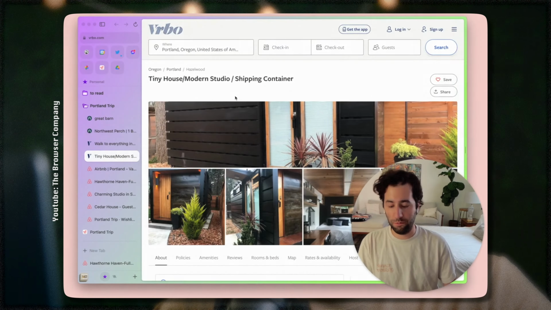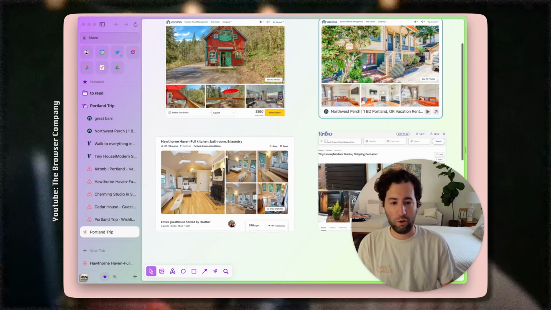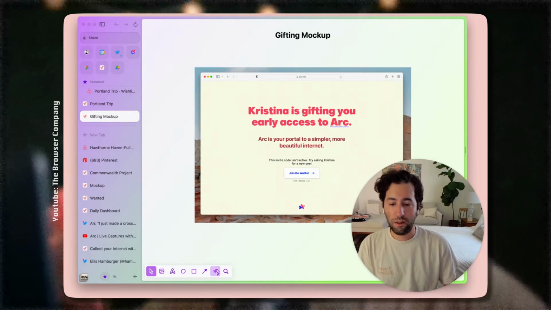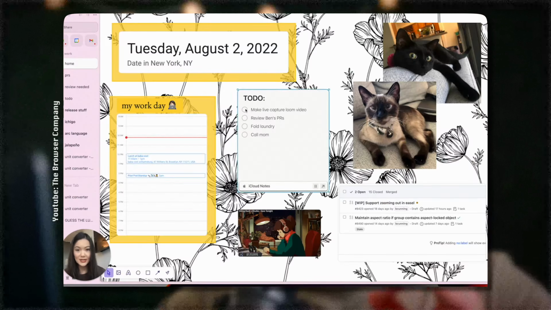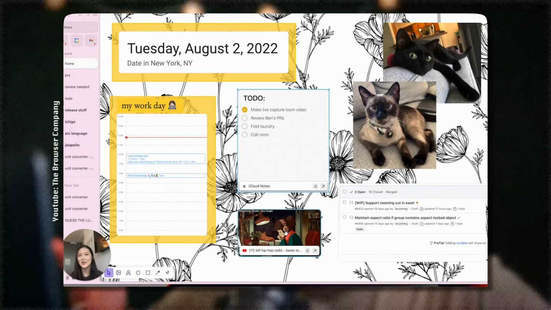Easels are hands down one of the most unique and powerful features inside of Arc. They let you take different snippets or screenshots, basically, of the internet and throw them on a blank canvas where you can organize them and add text, drawings, shapes, and images. And the best part is these screenshots of the internet are actually live websites, which means you can interact with